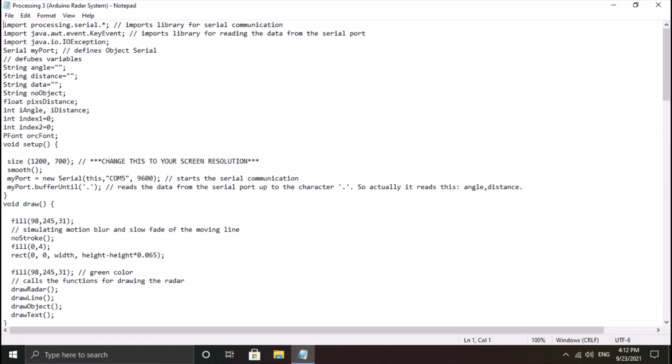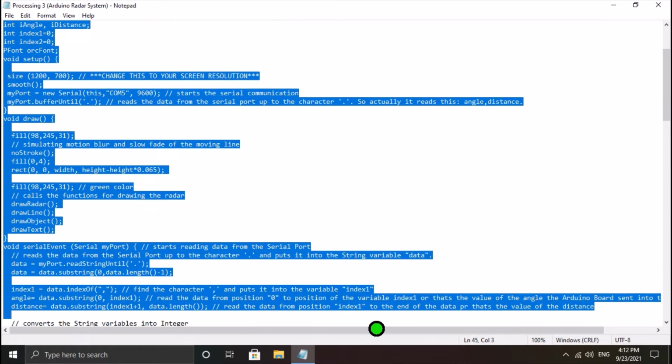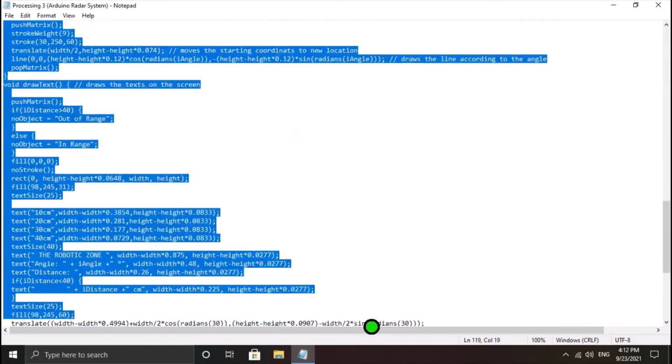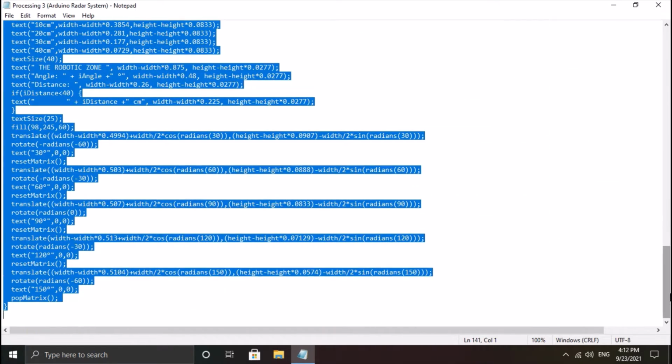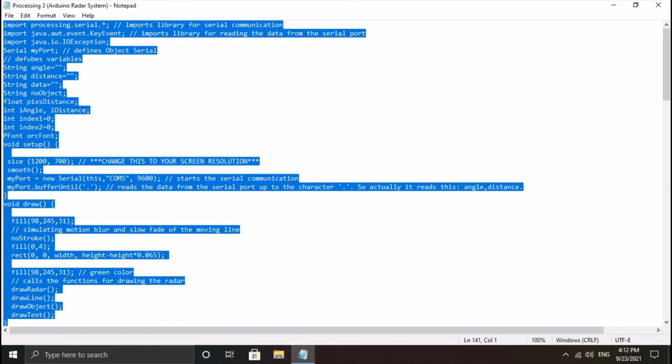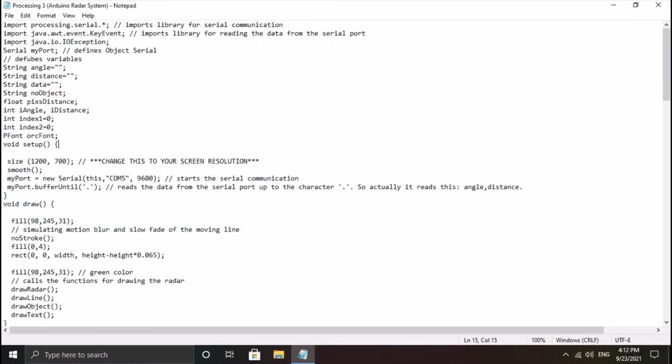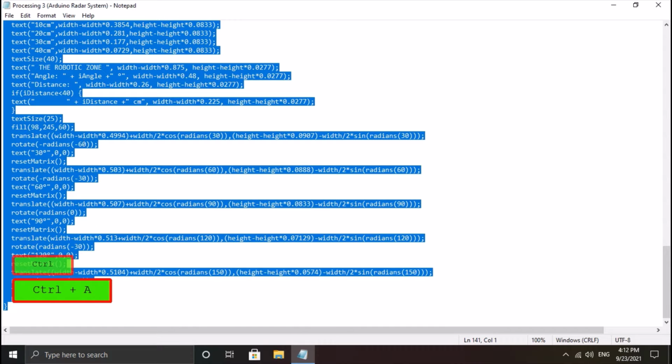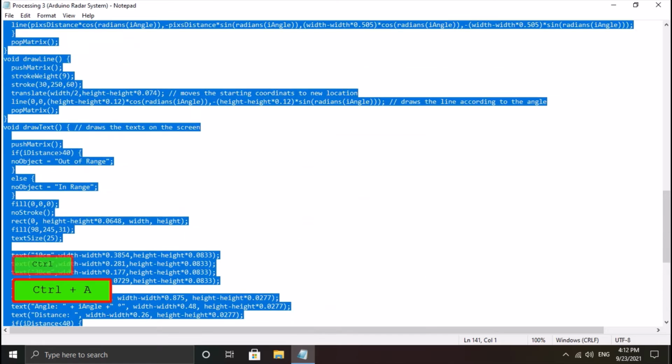When you want to select something, most of the time you will start to drag it like this, or if there is a huge document you will try to select the whole document. Rather than doing that, the easiest method is to click Ctrl and A on your keyboard. When you click Ctrl and A together, it will select the whole text document in your notepad or any other things.